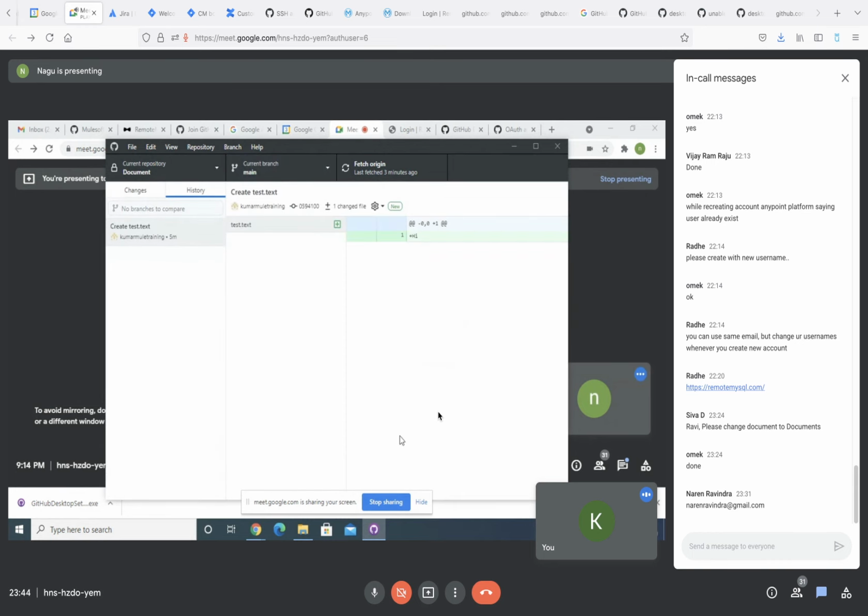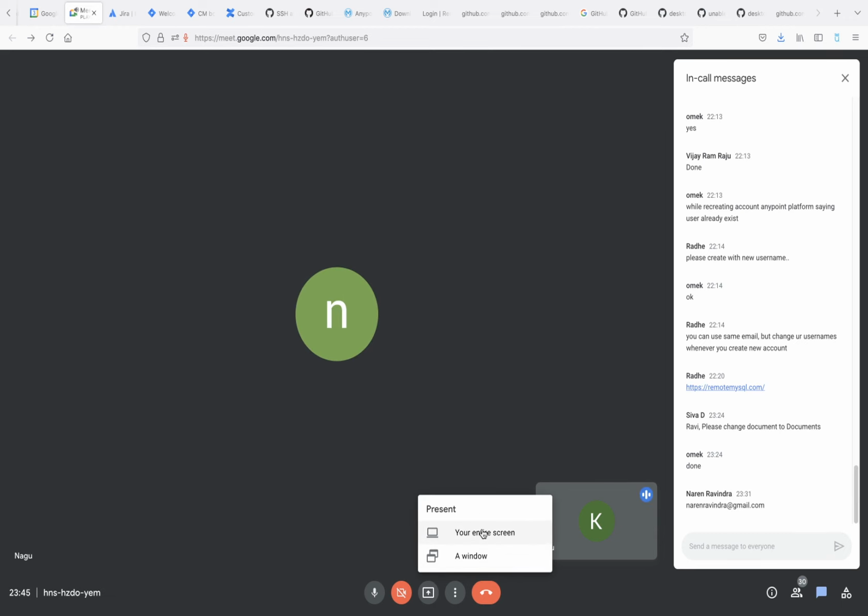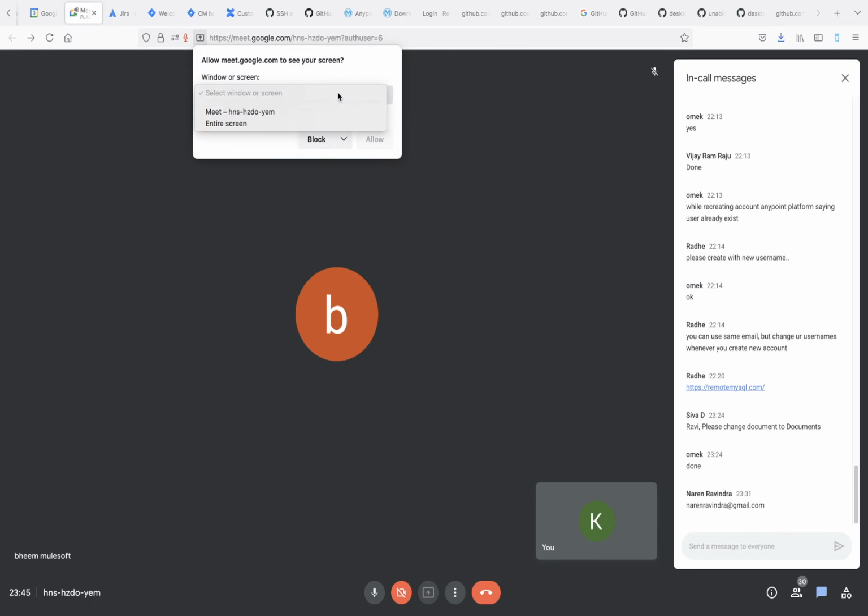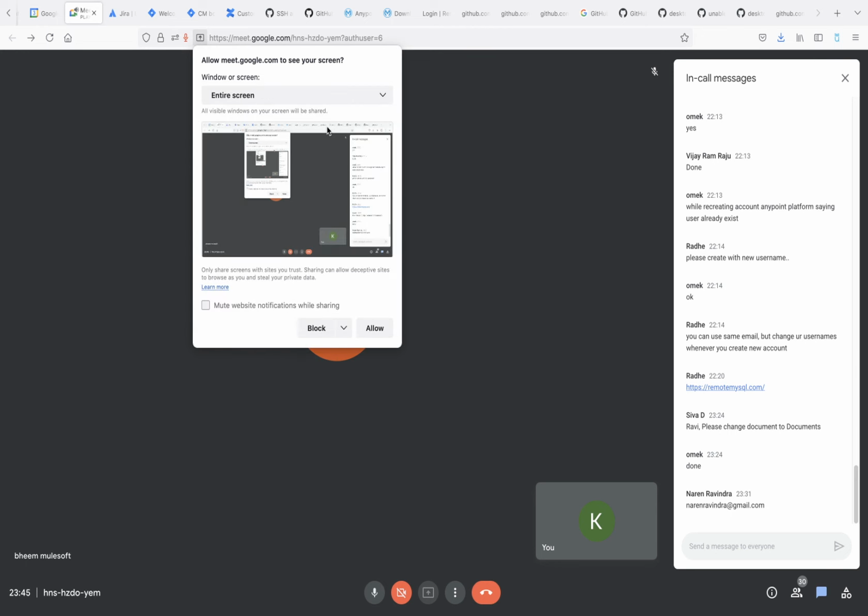I hope everyone is done with this now. There should be one drop arrow with the pull option.